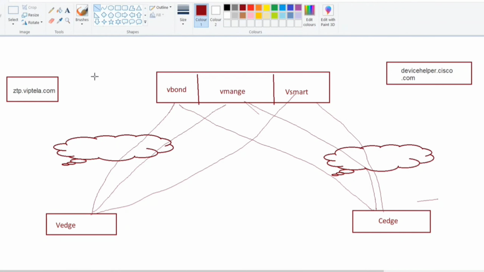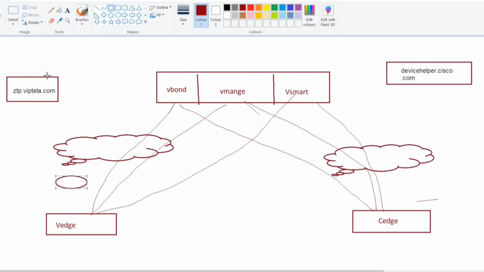When you connect an edge device, if you have an ISP upstream, the port should be DHCP enabled and it will get the IP address from this port. Otherwise, you need to manually configure a static IP address if your ISP modem or router doesn't have DHCP enabled. When the WAN link comes up, it will try to reach this particular server